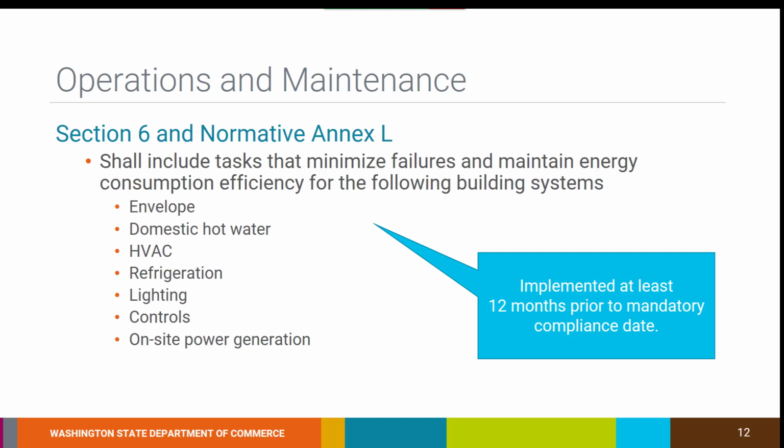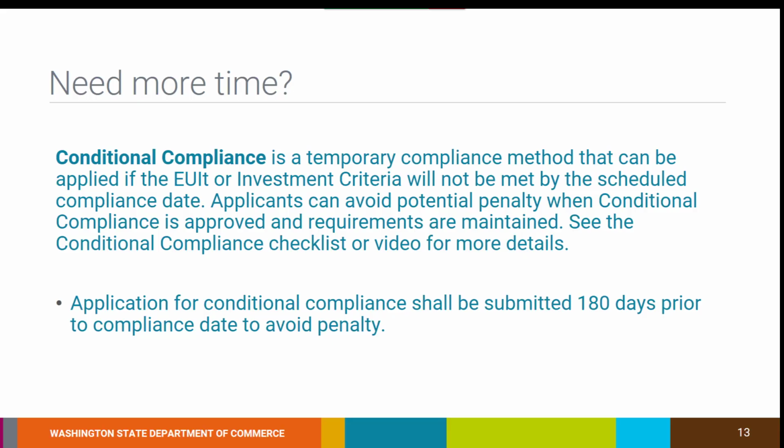The O&M program shall be implemented at least 12 months prior to the mandatory compliance date and uploaded to the Clean Buildings portal by the compliance date in accordance with documentation specified in L2.2.5 of the standard. Conditional compliance is a temporary compliance method that can be applied if the EUIt or investment